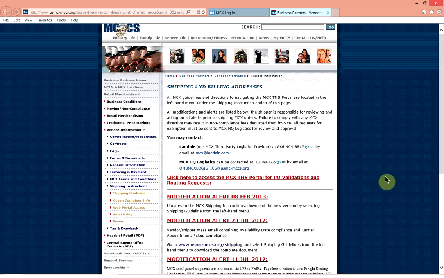Effective April 1st, 2013, we will be switching to a new, more robust TMS offering provided by MercuryGate. This TMS is a web-based application that has been customized for MCX. This session is intended to provide each user with a detailed understanding of how to navigate and perform functions using